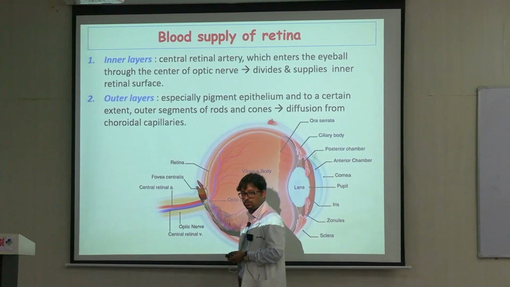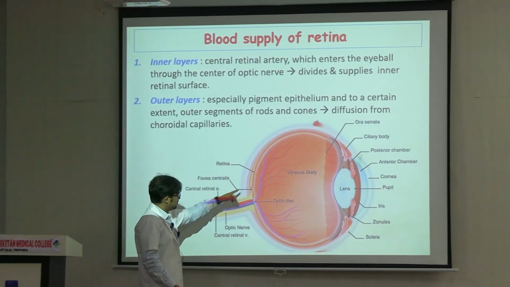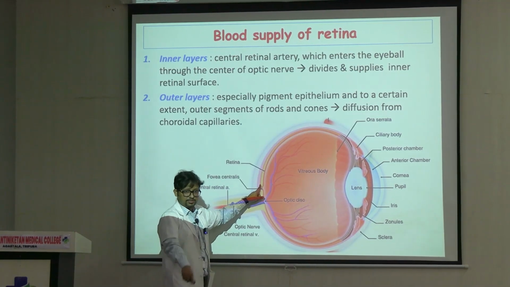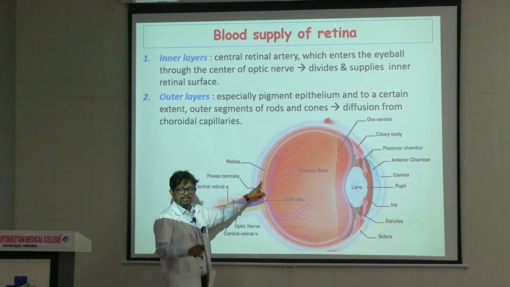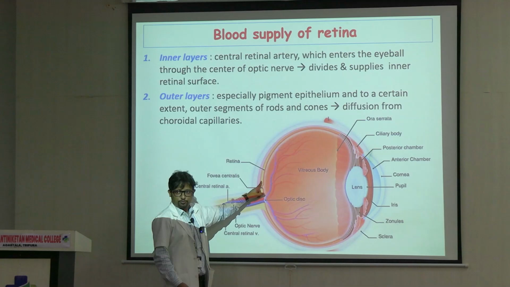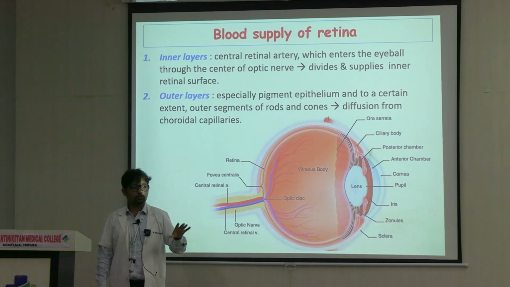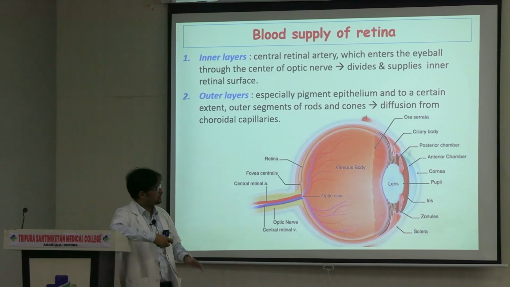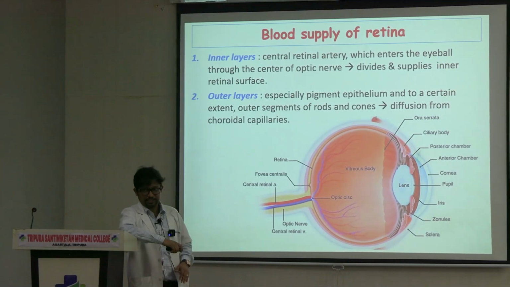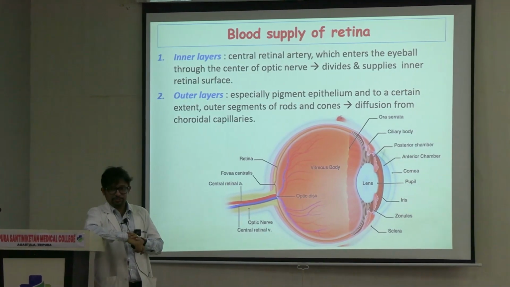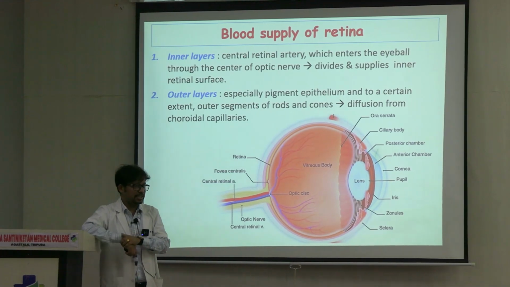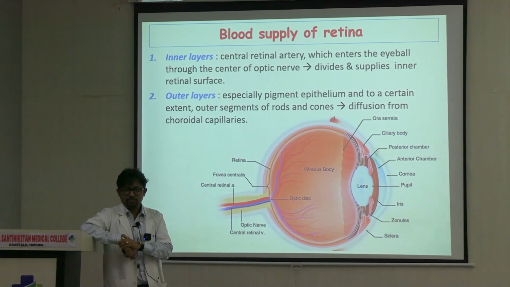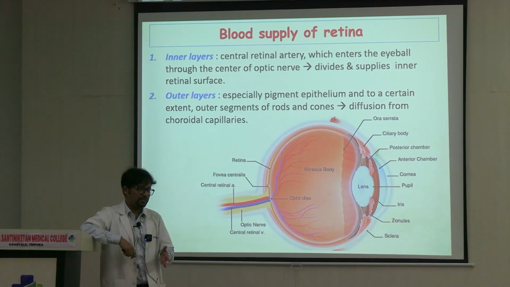But if you look from behind, the outermost layer is the pigment epithelium, along with which there is the uveal tissue or choroid, vascular tissue. So this pigment epithelium gets its blood supply by diffusion from capillaries of the choroid or uvea. And the remaining 9 layers get their nutrition or blood supply from these blood vessels. So whenever retinal detachment starts happening, you will read about this disease later on also, this is the plane of separation actually.